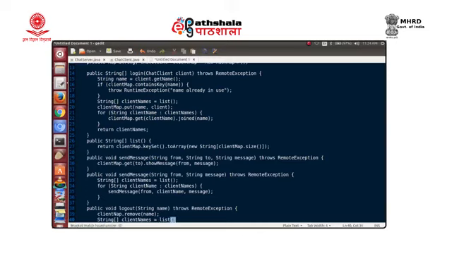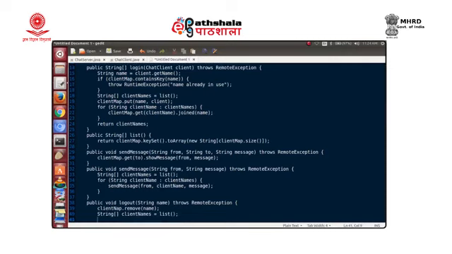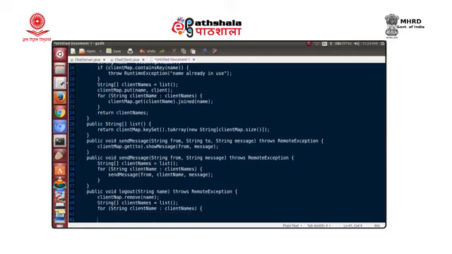And then for each client name which appears in the client names, it simply needs to invoke the method called left.